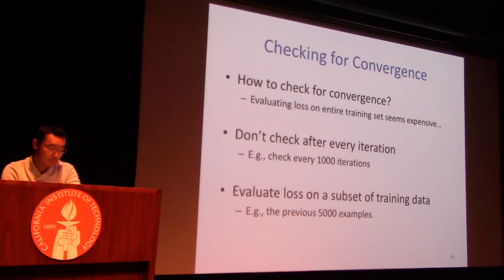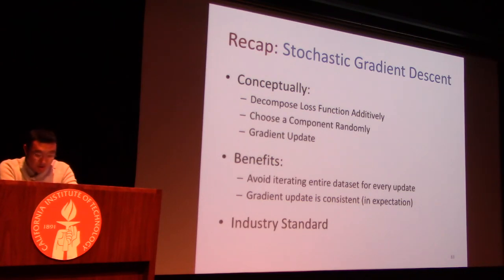Okay, so just to recap stochastic gradient descent. How I presented it conceptually here is that we're going to